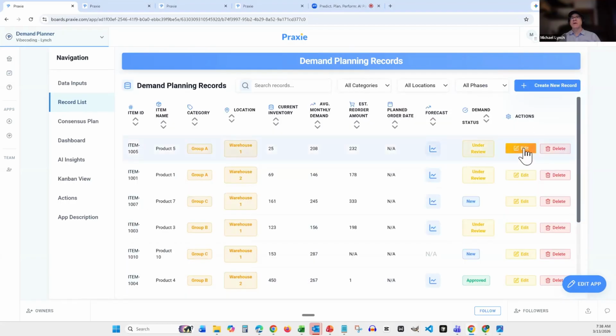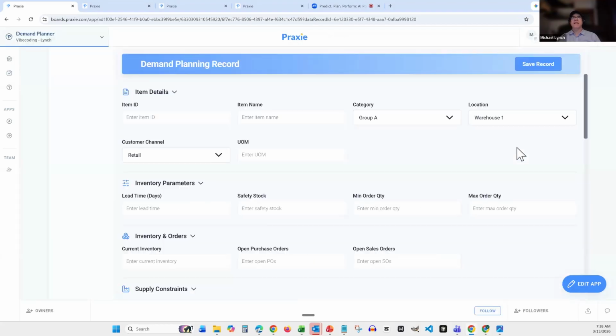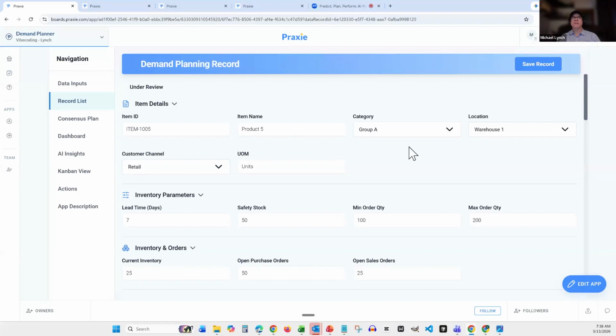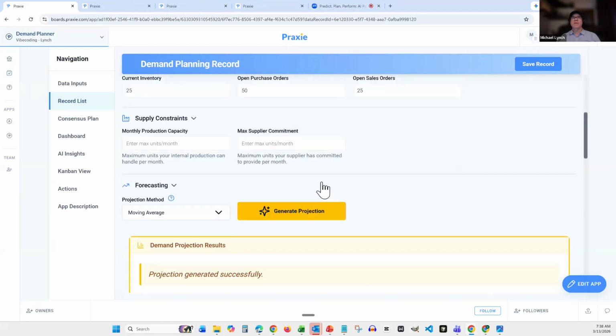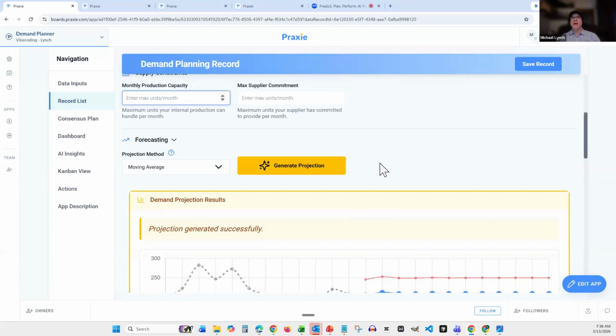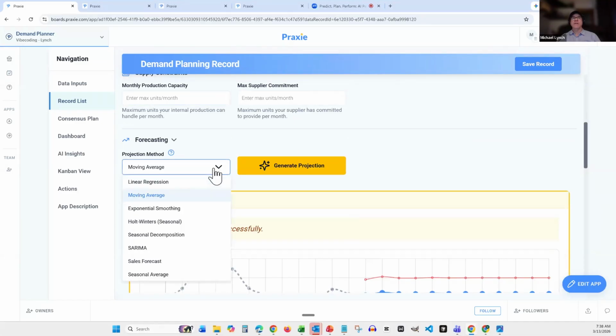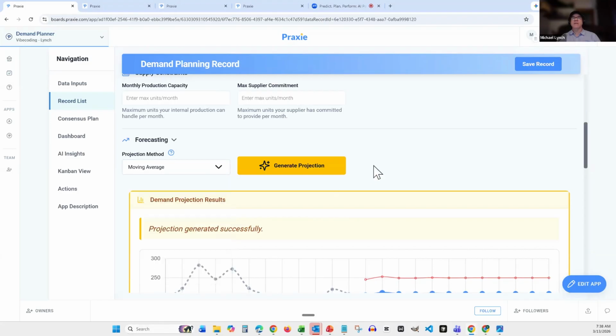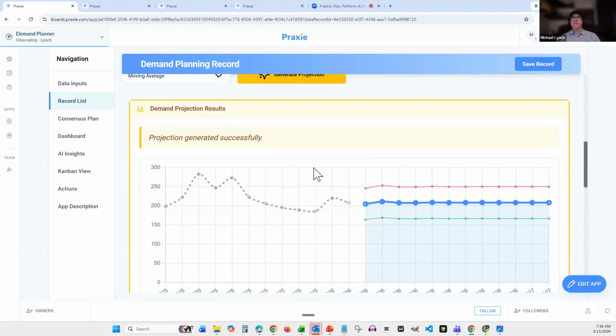Now, if you go into the record, you'll see that the information about the product is entered into the form: your product information, your inventory parameters, safety stock, etc. All the information that you want to enter. You can also enter your monthly max capacity for production or supplier currently. Then you select the mathematical model you want to use to generate your projection. You can select from a number of different best practice algorithms,